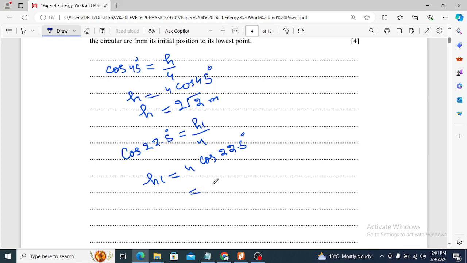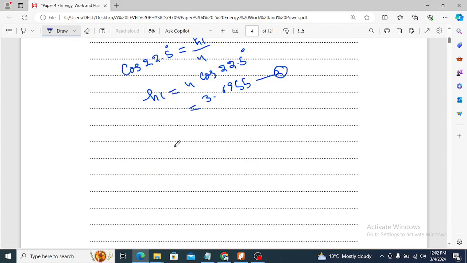Grab your calculator and do the calculation, and it will give you 3.6955. When you obtain the two heights, the first height and this second height, then you can say